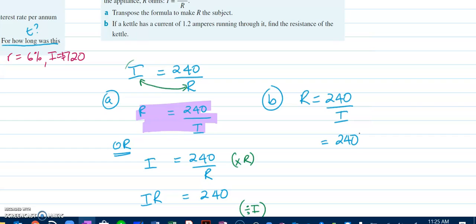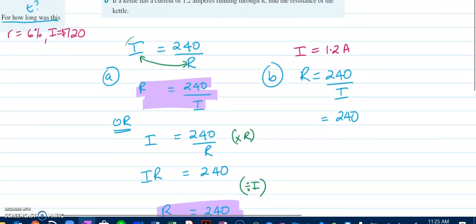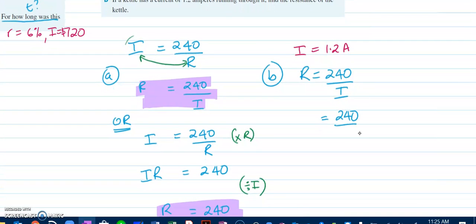So we are given an I value of 1.2 amps. All right, so let's substitute that. That will give me 240 divided by 1.2 amps, which gives me a value of R equals 200. And because it's in ohms, we can just write down